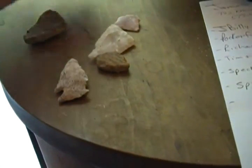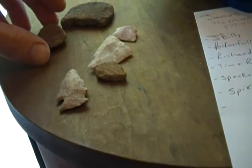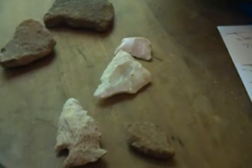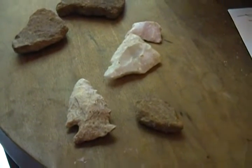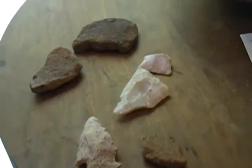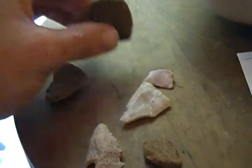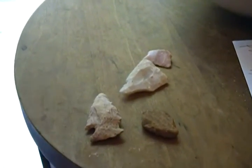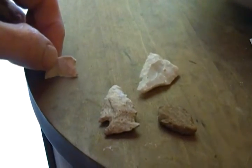Alright YouTube, today's Sunday the 5th and I went out twice today. Once this morning, I was in a creek before 6 and didn't find a thing. I found a middle section, I'm not going to show that. I found a nice agate, I'm not going to show that. But I was out yesterday and then I took my boys out again today to another creek where I found